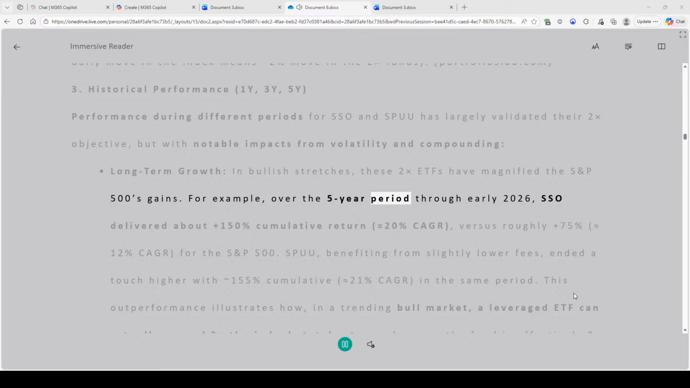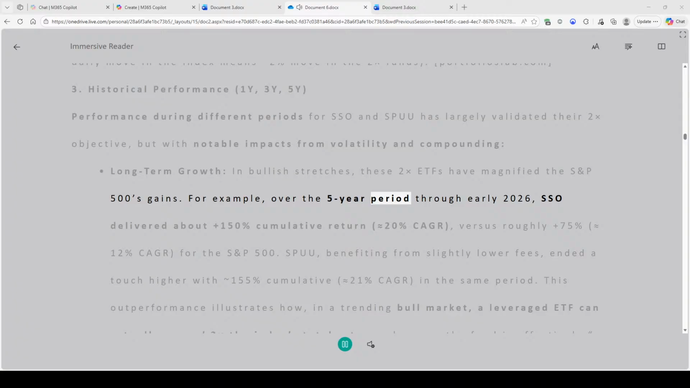Aside from these effects of leverage, SSO and SPUU show very similar return profiles. There is no persistent performance gap beyond what's explained by their expense ratios and the small variations from compounding. In fact, for any reasonably short period, days or weeks, their returns are virtually indistinguishable, and even over years the total return difference is usually within a few tens of basis points. Both have done a credible job of delivering close to 2 times the S&P 500's performance over time, for better